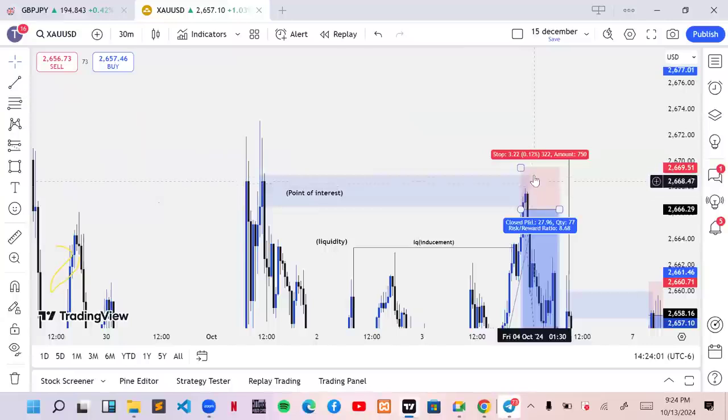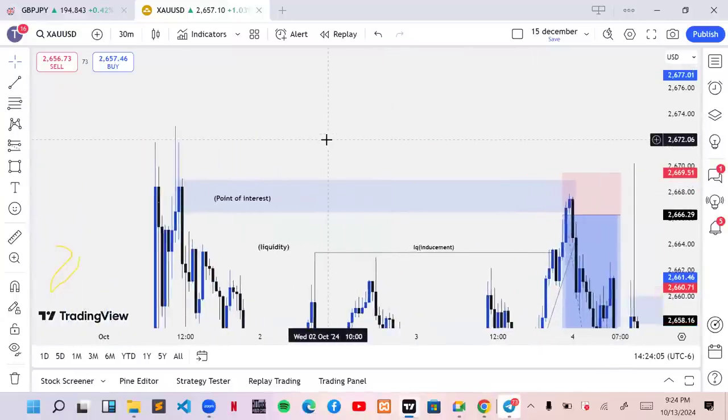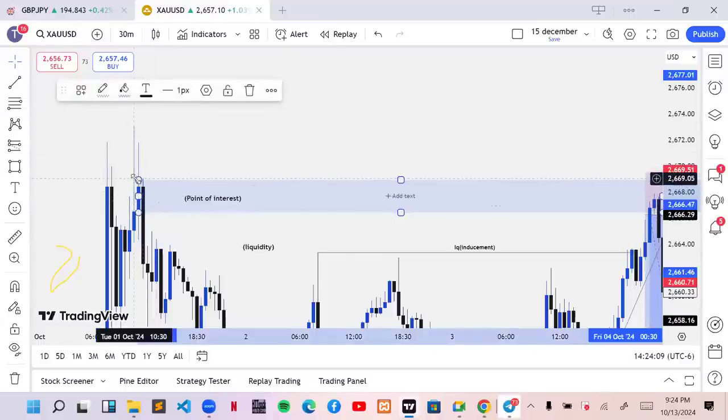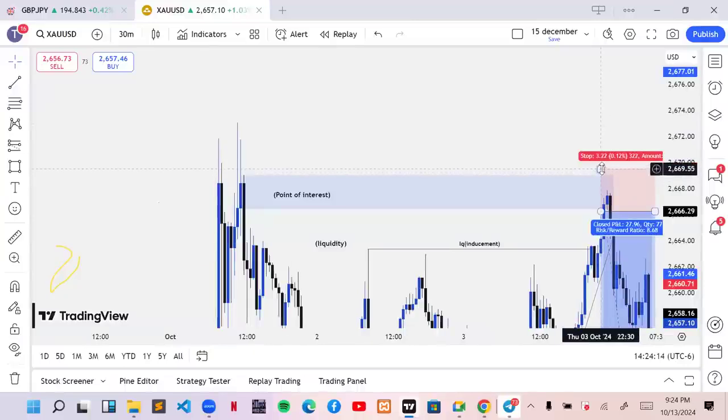I said your stop loss should be above those candles that you picked your entry from. For me, I picked this one, yeah. I think my stop loss was just here, above this candle, just slightly above it. That's it. If you want to be safe, you want to keep your stop loss